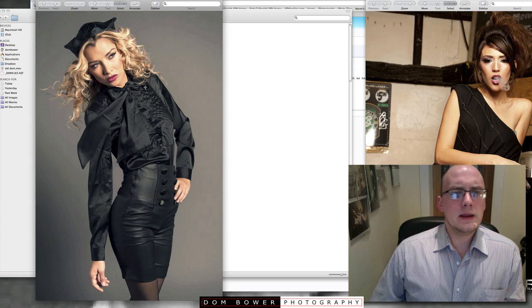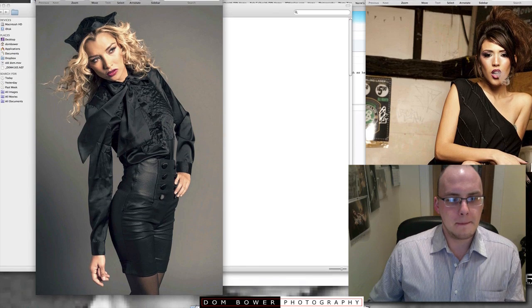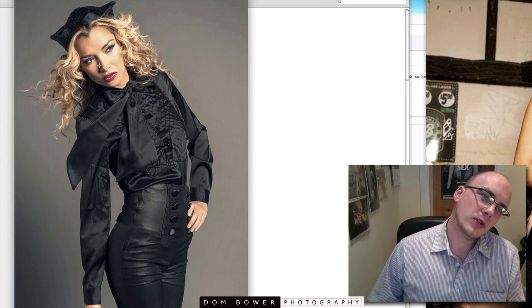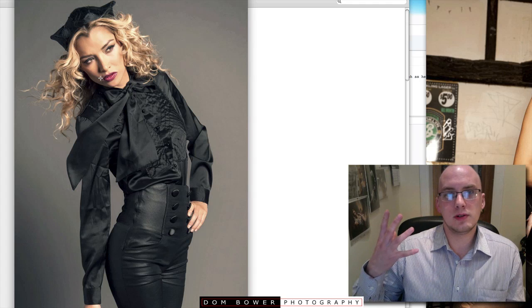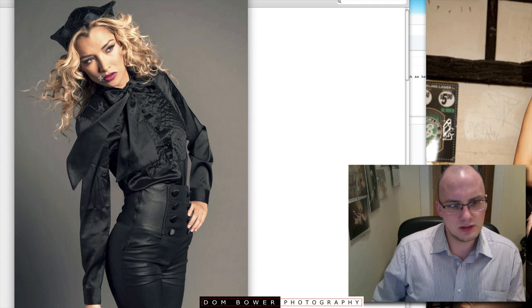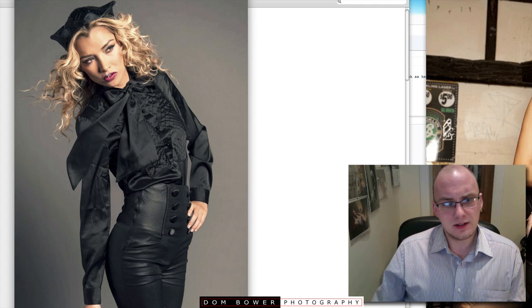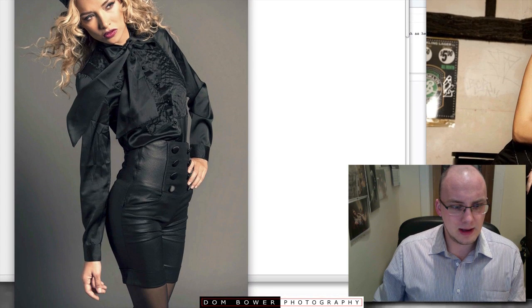Okay, next one. Okay, again, no name to this photo, Michael, but this looks more like a studio shot that you've done here, and again, you've kind of gone for the broad lighting on the face. It's quite strong there, but you don't really notice it's broad lighting because her ear is covered up by her hair, and she's got a cool pose to her, so it's really showing the outfit. Exposure-wise is great. You're really seeing all the details of the material of that outfit, and yeah, just